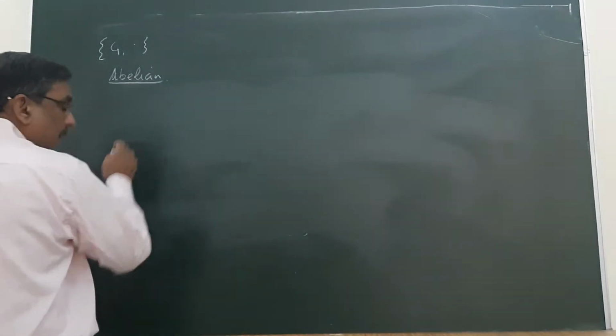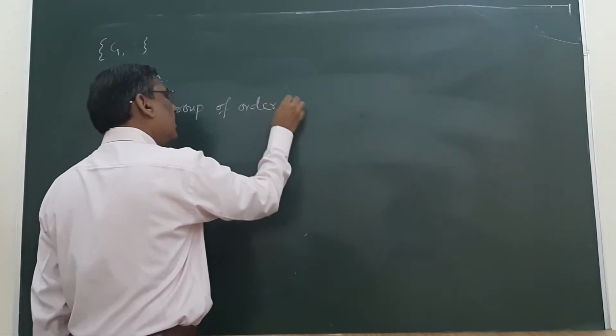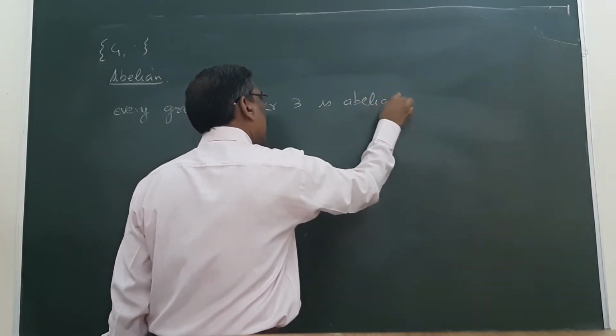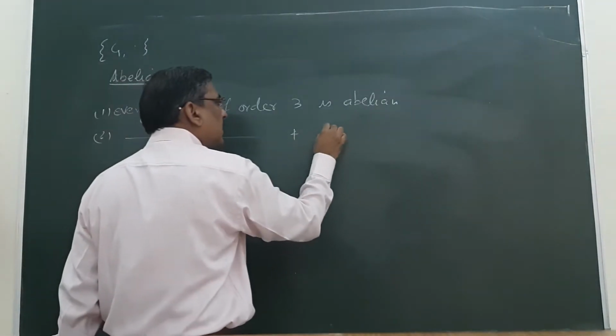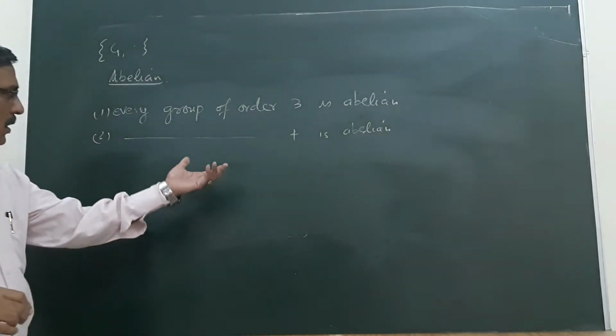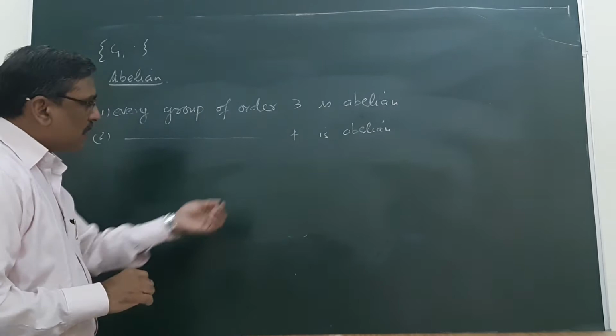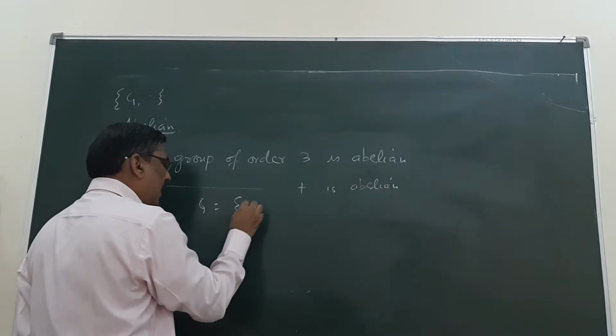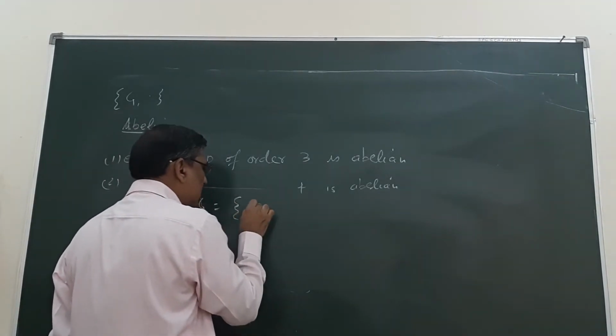Every group of order 3 is abelian. This is one result. Second, every group of order 4 is abelian. Let us prove this one. Say a group G having the elements e, a, b, c,